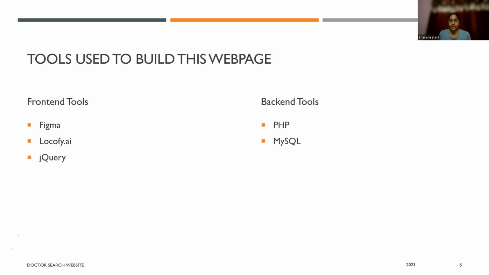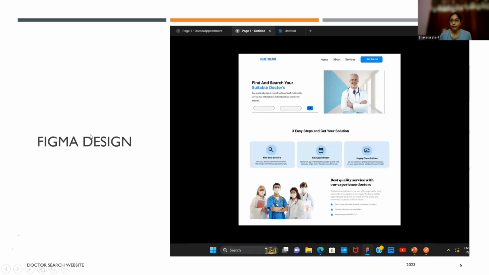This is my Figma design that I designed for my web page. This is the design that I built. This is the head section, and this is the service. This is the section where we have to search. This section is for finding the doctor specialty, and this section is for area, and this search